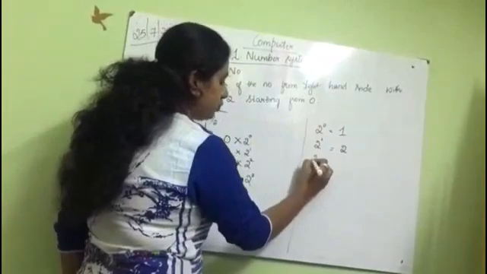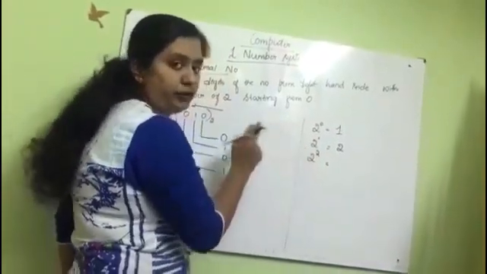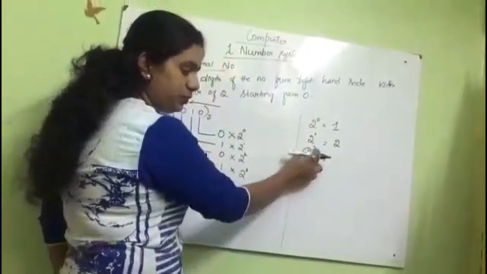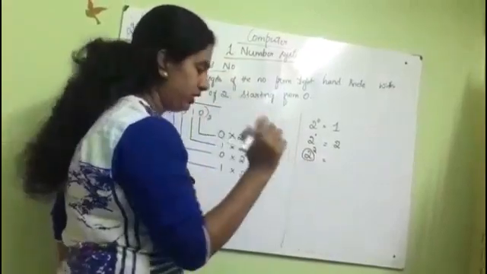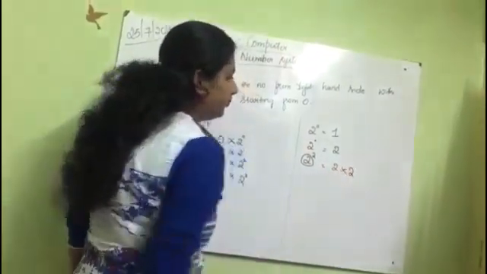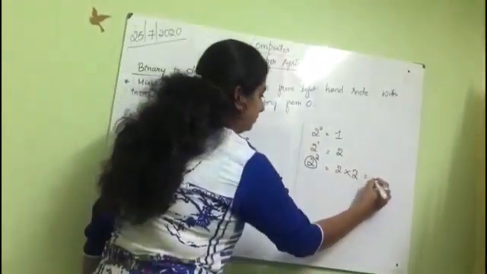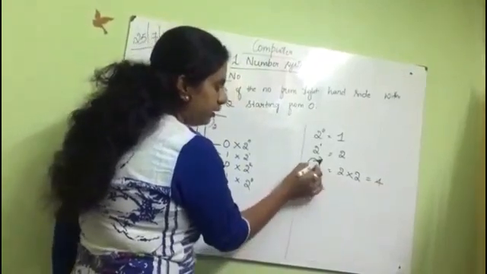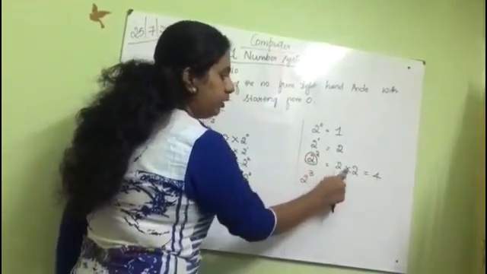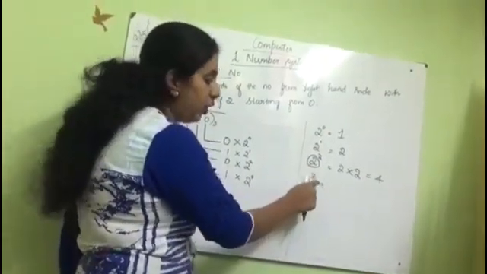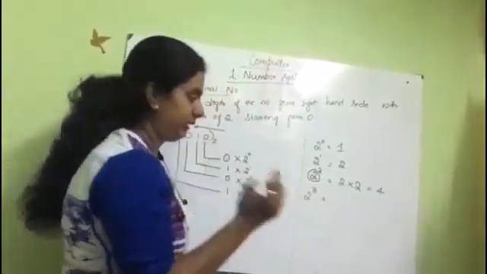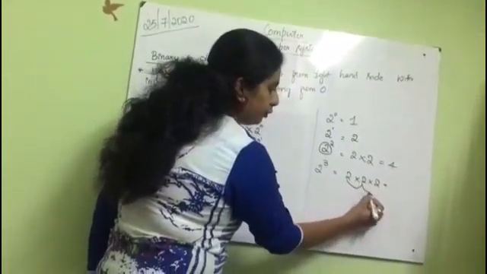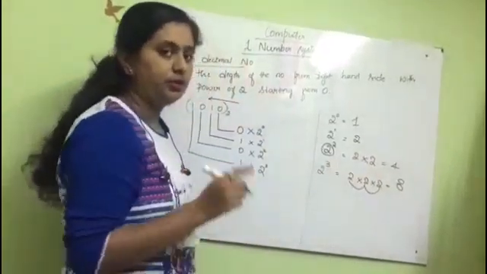Okay. What is next? 2 to the power of 2. See, 2 to the power of 2 means you have to multiply the given number 2 times. Because the power is 2, so you have to multiply this 2 times. Multiply 2 into 2. What is 2 into 2? 4. Okay, next is 2 cube. Now the power is 3. So how many times should we multiply this 2? 3 times. 2 into 2 into 2. 2 2s are 4. 4 2s are 8. Understood? Don't get confused.